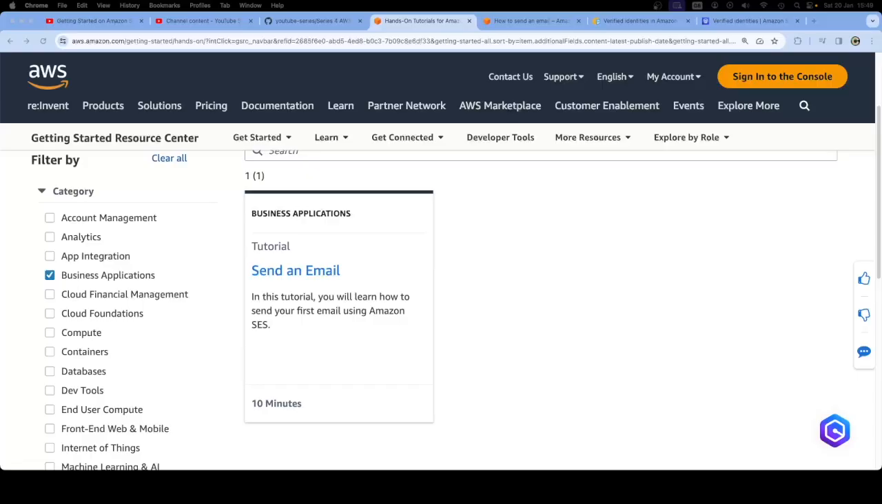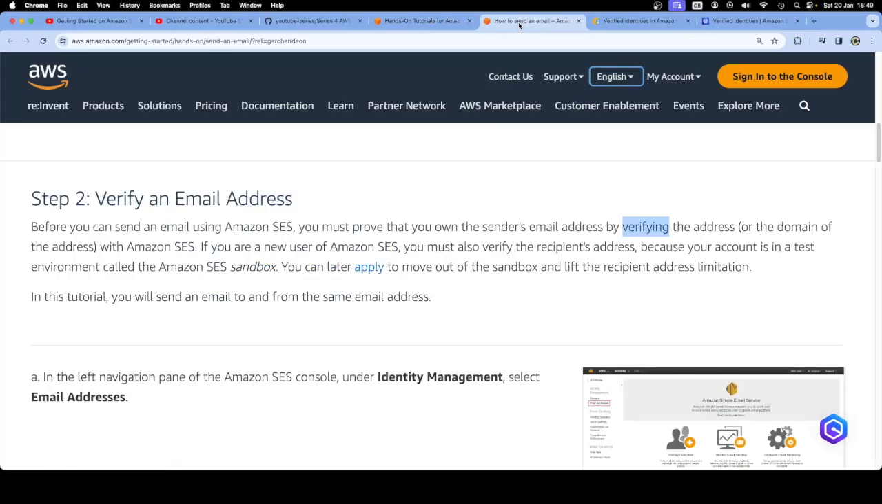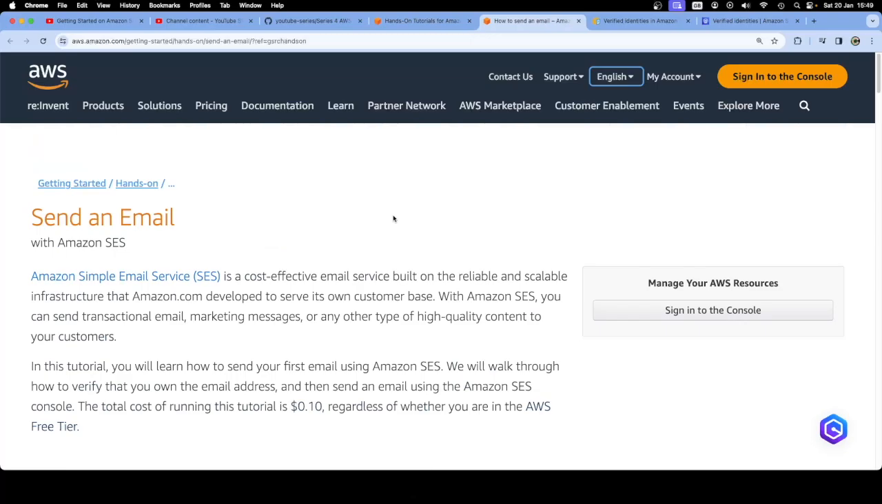Okay, so today we're going to look at the Amazon service for sending emails, and that Amazon service is called Amazon SES. So basically, I'm here in business applications. I'm going to do this hands-on tutorial for send an email. When I click on send an email address here, it says send an email with Amazon SES, and it's basically